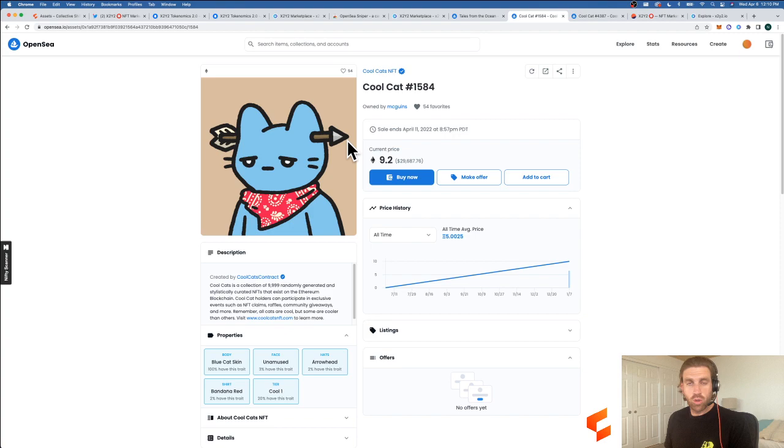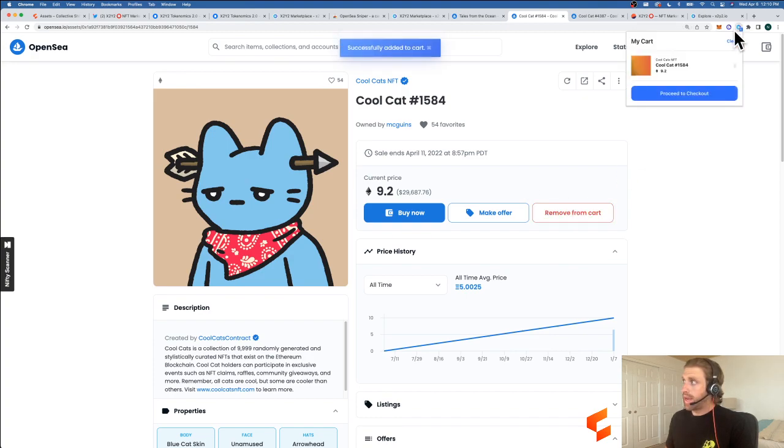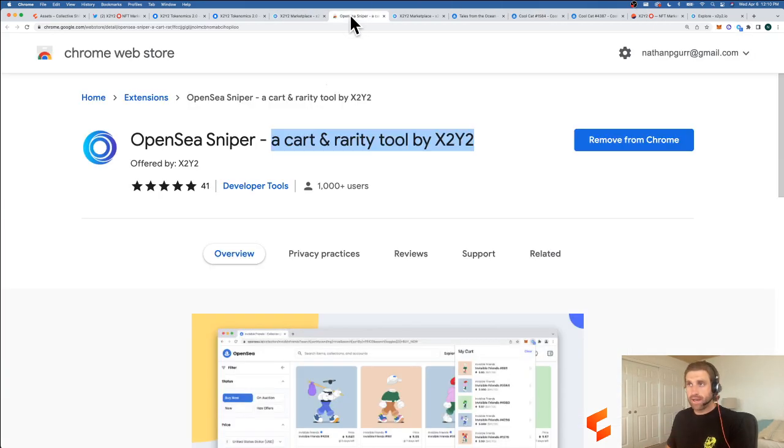By having the X2Y2 extension, there's also an Add to Cart button here on OpenSea. And if I press Add to Cart, it adds it to my cart on X2Y2. So very, very cool extension that increases the functionality of X2Y2 over to OpenSea. We're able to bulk purchase NFTs from both marketplaces using this Chrome extension. So I downloaded it. It's called the OpenSea Sniper, but it's by X2Y2, and it's quite a handy little tool,